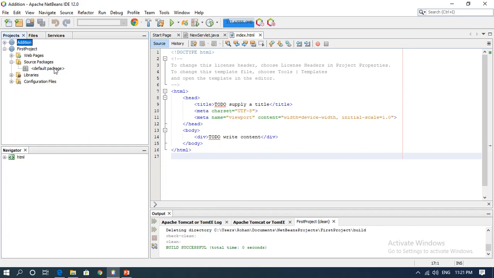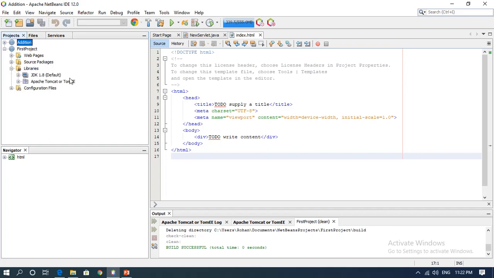Now, those Java classes could be a simple Java program, a servlet, or a JSP. You can have any Java program stored here. Move to the third subfolder. These are the library files. These library files are going to have your MySQL connectors, your Oracle connectors, whatever you are using; those things are stored in this library.